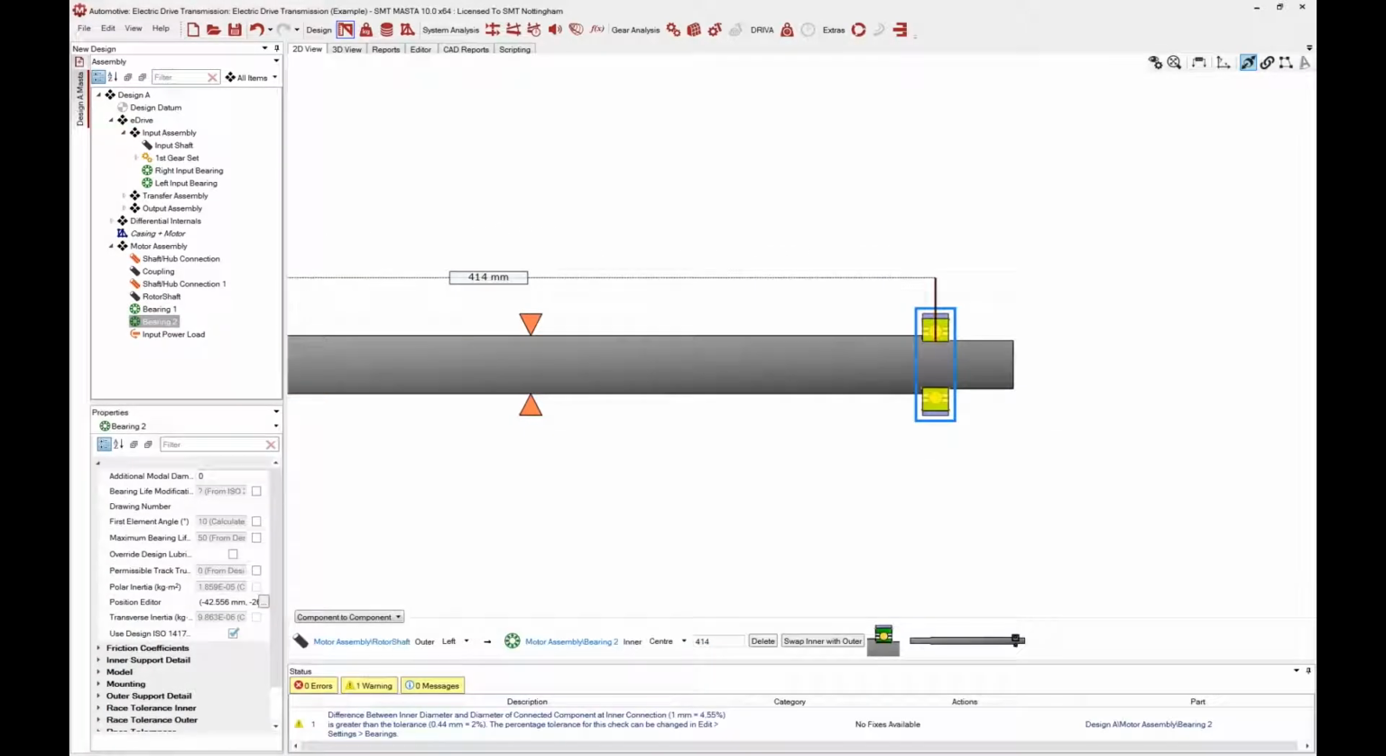So if I selected the bearing, because that's only got one connection to the shaft, I've then got options in my table which say what I want to connect, which point on which component I want to connect to another point on the connected component. So if I say, for example, the rotor shaft here, I want to connect it to the right-hand end, and